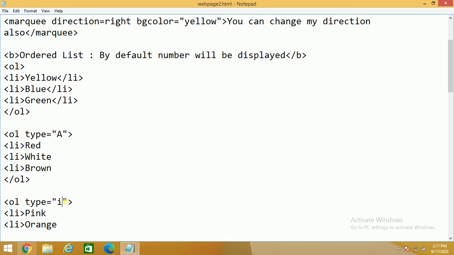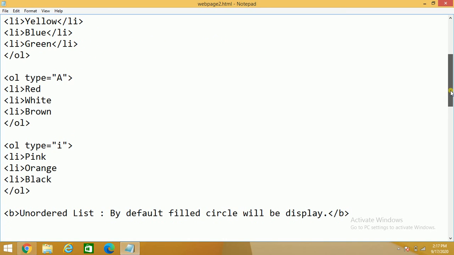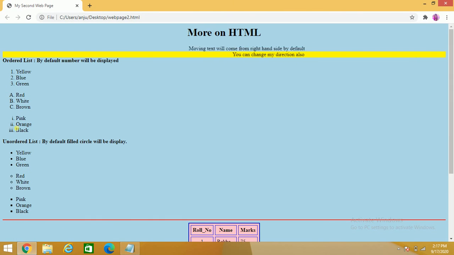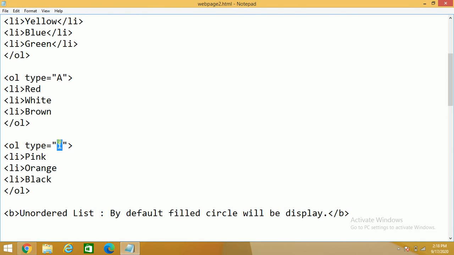Now I want to use Roman number, small 1 2 3 Roman number में मेरी values के पहले numbers लिखा हो, 1 2 3 लिखा हो. So मैंने type के आगे लिख दिया Roman number 1 स्मॉल लेटर्स में. सो पिंक से पहले 1 आएगा, ऑरेंज से पहले रोमन नंबर 2 एंड ब्लैक से पहले रोमन नंबर 3. लेट मी शो यू द आउटपुट. सी यू कैन सी स्मॉल आई, स्मॉल रोमन नंबर 2 and small roman number 3.